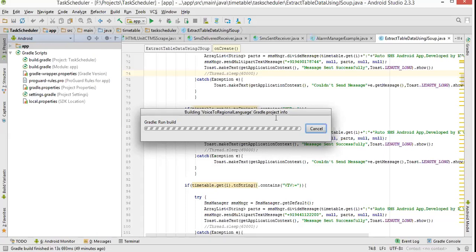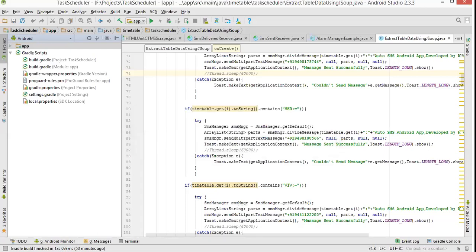Now you can see, once you have created the new project, it is opening like this. Voice to regional language, and this is the project. And it is showing errors here, isn't it? Everything coming in red color is nothing but an error. Why is this error there? See, for this project, by default in the Gradle script, if you open three important files over there, is it visible, sir? Yes, visible.